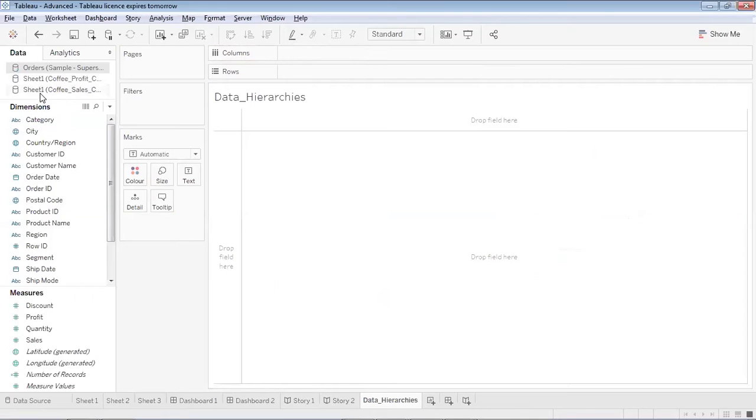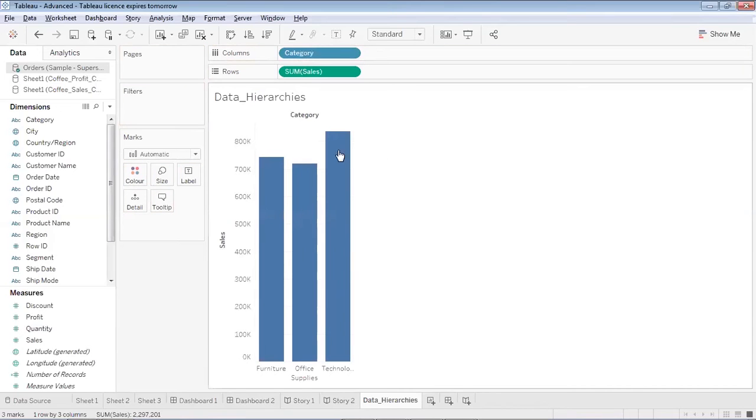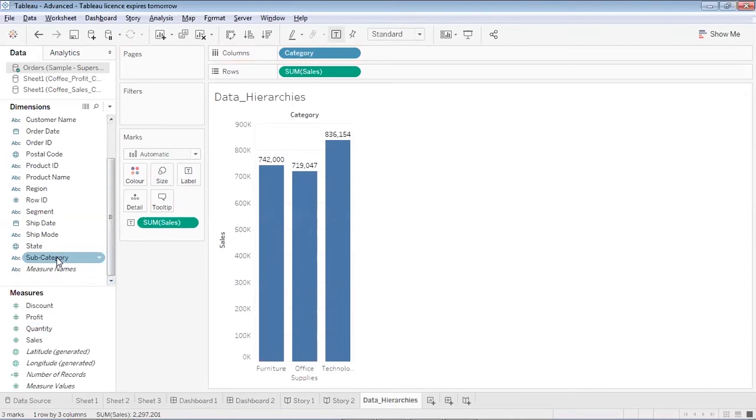And over here, if you see, I have got this category field, and I would like to see the sales across category in the last 4 years. So I can see the sales data when I place it over here. This is the year-wise sales. I'm just placing the sales on the labels. This is the year-wise sales. Now, I have this one more field which is subcategory. Now, subcategory is nothing but a lower level of the category field.